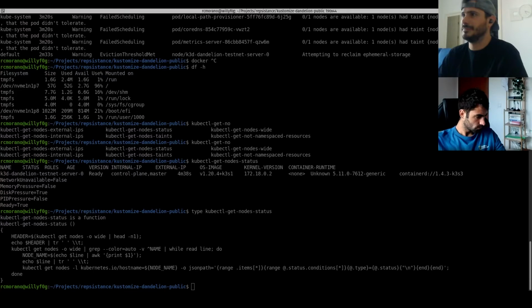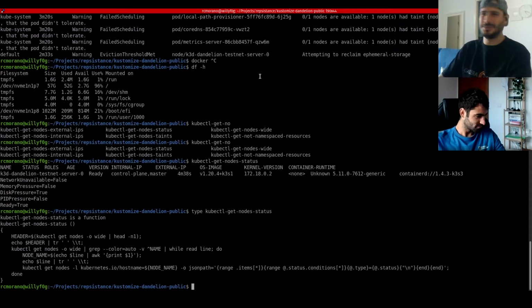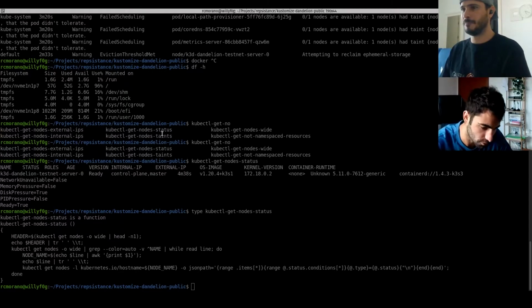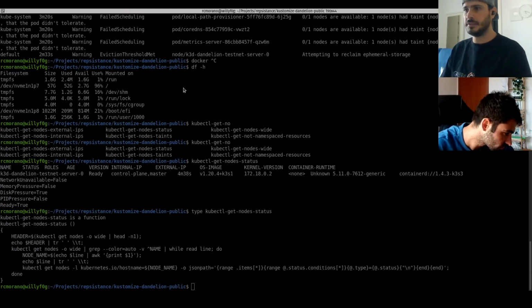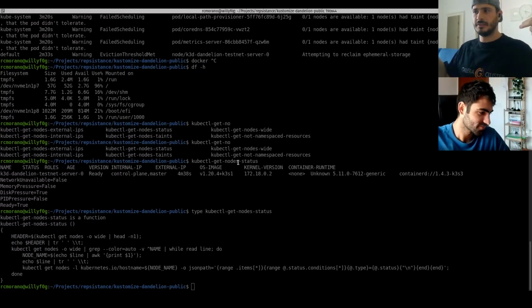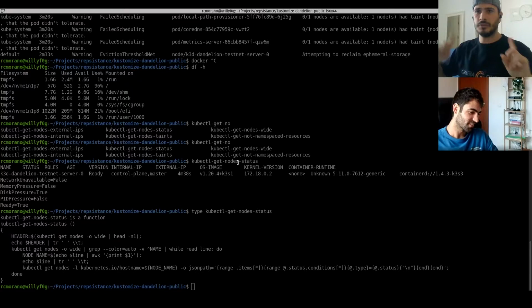So let me try and make some space, or else we won't be able to deploy anything. How much space do you need, more or less? I'm not sure what the limit is that this K3S is checking, but probably you need at least some gigabytes, so the scheduler is happy to pull Docker images and not fill up the disk, because that would cause interruption on running services. So this is a protection mechanism